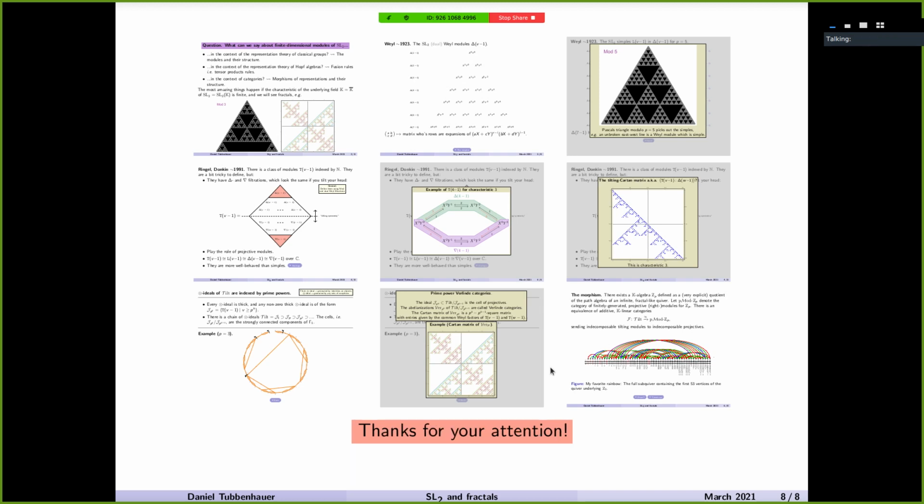And okay, let's thank the speaker, either by emoji or